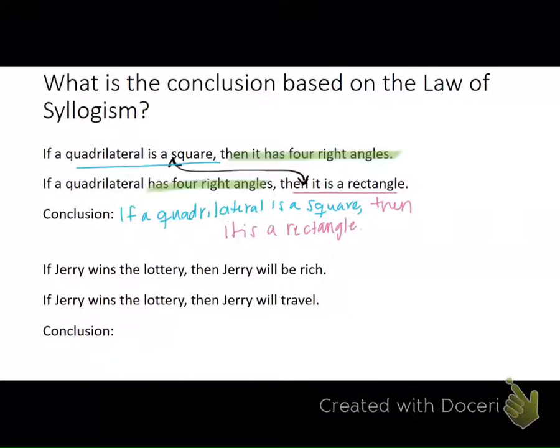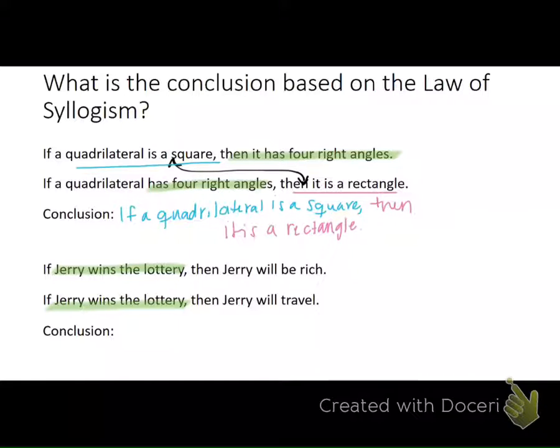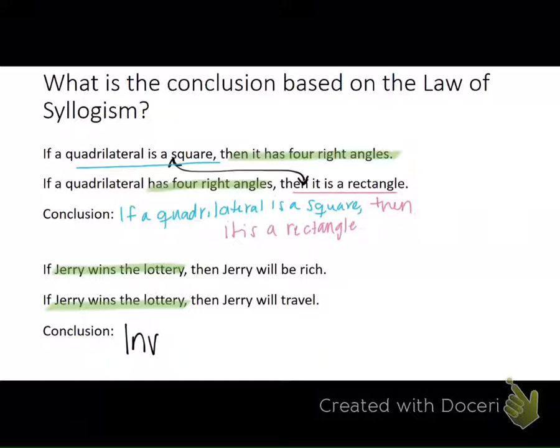Okay, this one says, if Jerry wins the lottery, then Jerry will be rich. If Jerry wins the lottery, then Jerry will travel. Is that valid based on the law of syllogisms? No, because the law of syllogisms would have had to have Jerry winning the lottery in the conclusion here, right? It's not linked conclusion to hypothesis. Do you guys see how this one is hypothesis to hypothesis, not conclusion to hypothesis? So you would just write invalid. All right. And that is the notes for